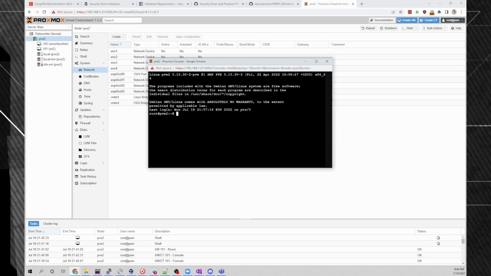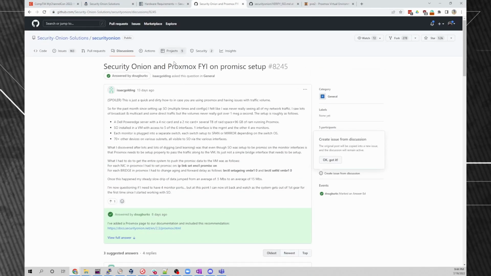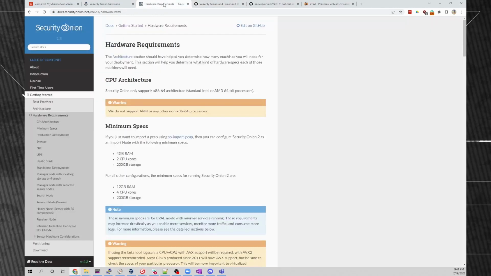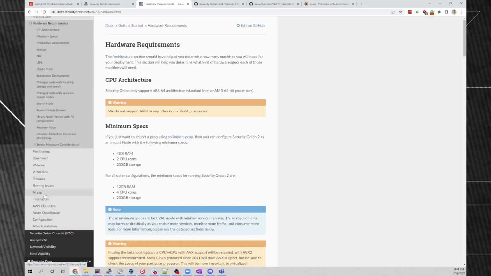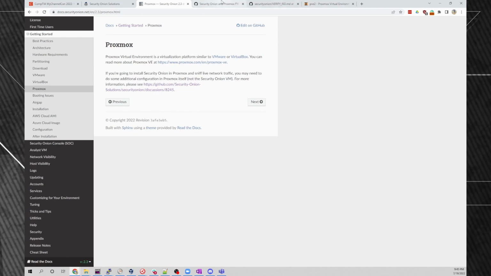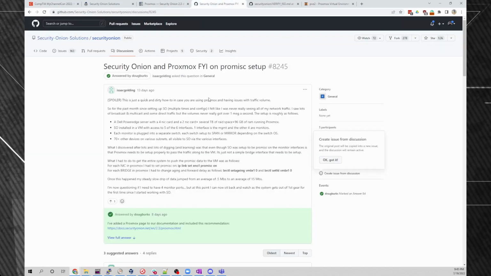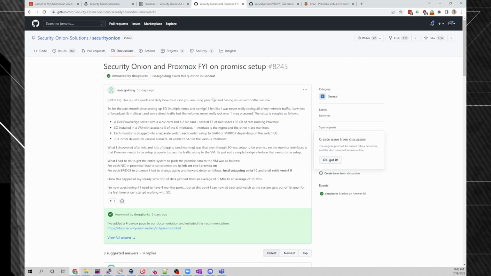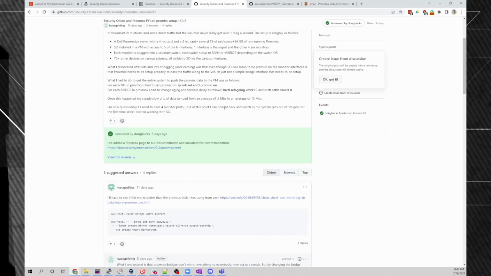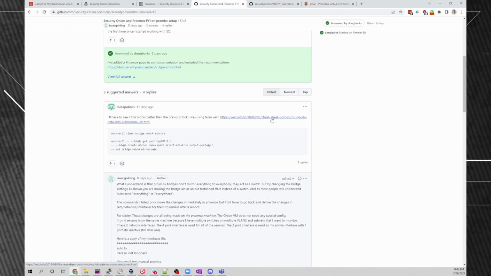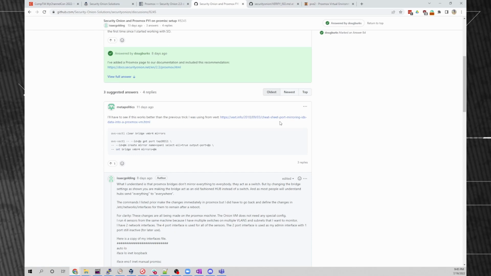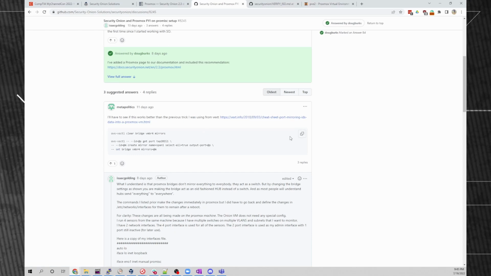Fortunately, on the actual Security Onion page here, there is a link in this documentation set, and there's a Proxmox page right here. The Proxmox page points to a GitHub issue. The GitHub issue says, hey, this is actually really hard to do with promiscuous mode on Proxmox. This links to another article here that talks about how to do port mirroring on Proxmox, and it uses